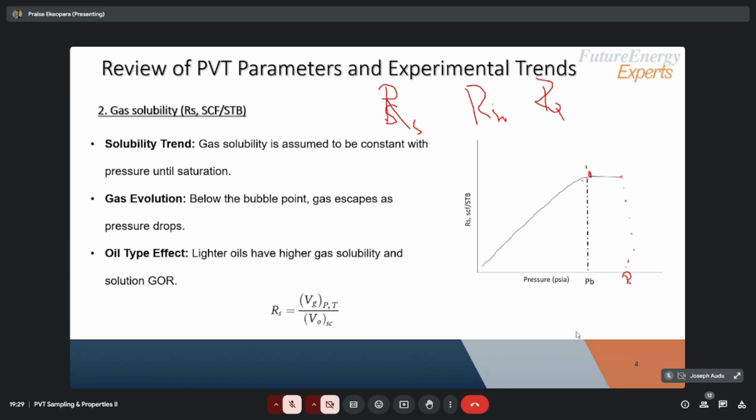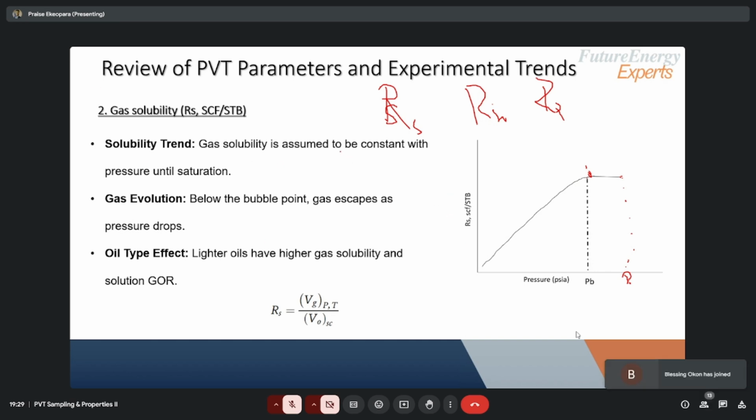So if you notice, for each pressure drop, our ROS will be dropping. Now the question will be, why is ROS dropping? ROS is dropping because ROS relates the amount of volume dissolved in oil to that of the volume of the oil. So after the bubble point, the gases will be escaping, and as the gases keep on escaping, the volume of gas remaining in that oil will be dropping. So that's why it follows this trend. Okay, so